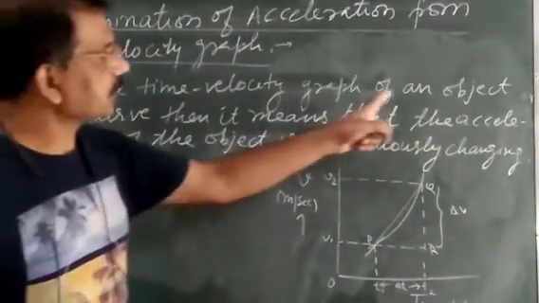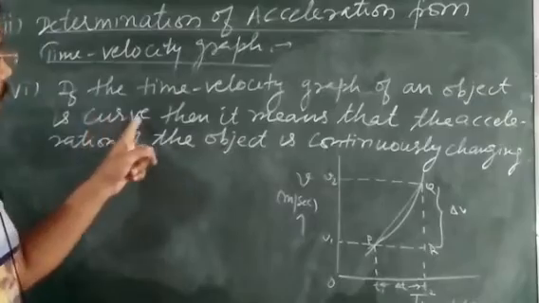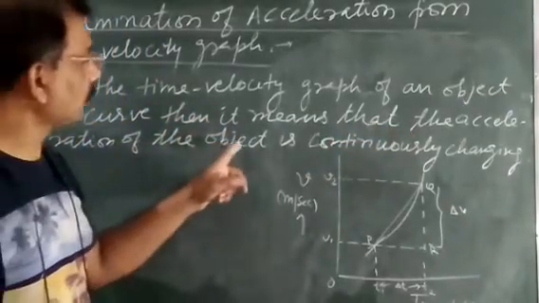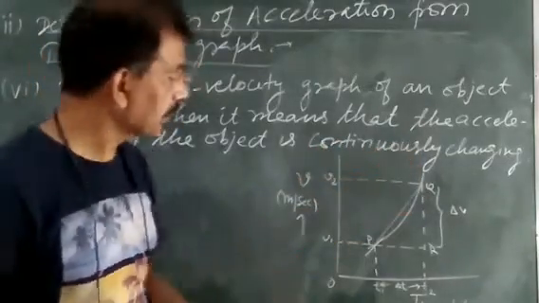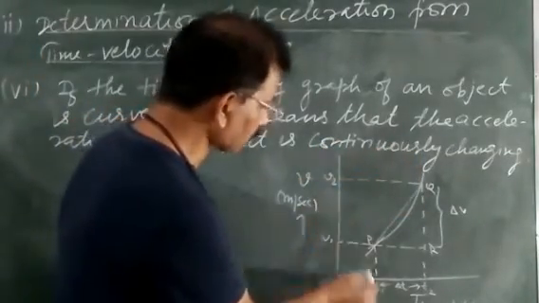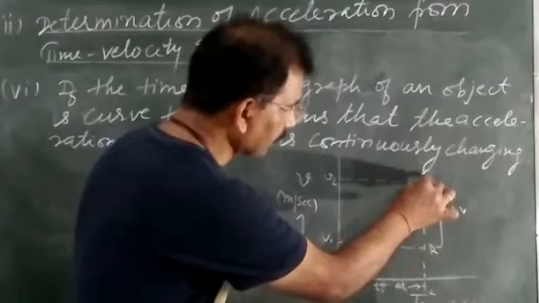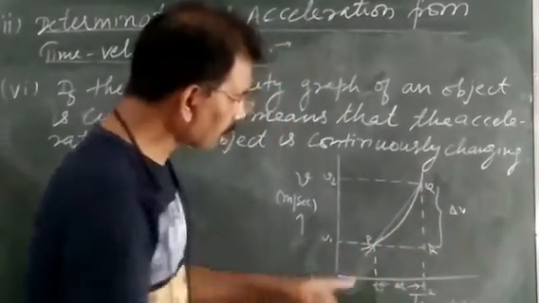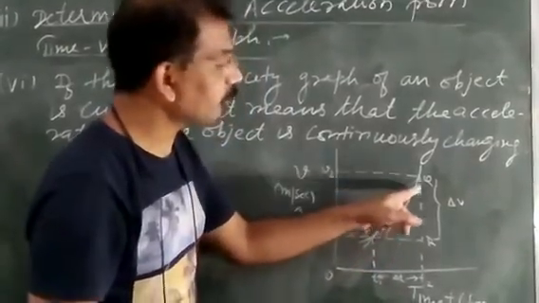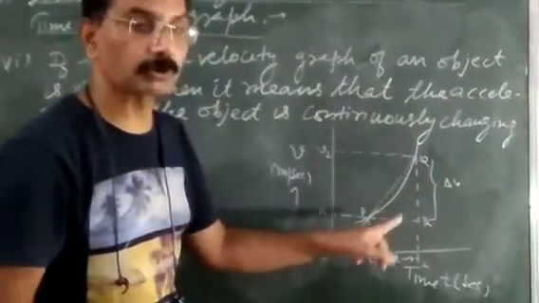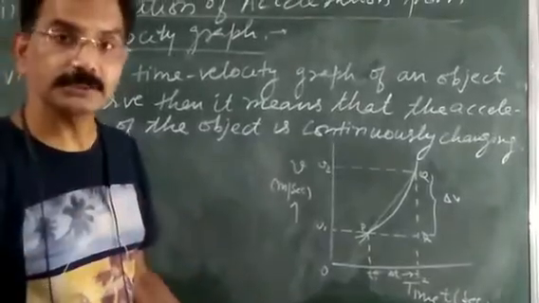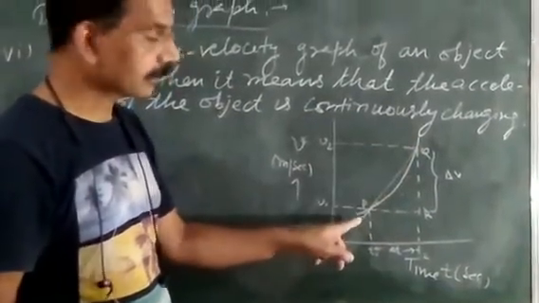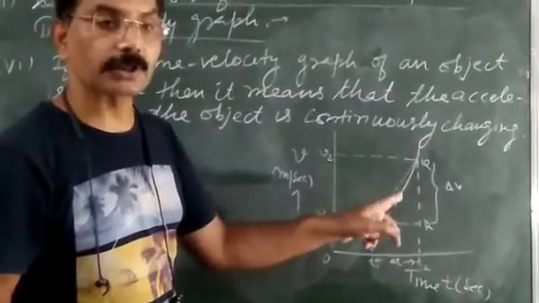And next point, if the time velocity graph of an object is curved then it means that the acceleration of the object is continuously changing। अगर velocity time velocity graph एक कर्व है, जैसे ये कर्व दिया है, इसका मतलब इस कर्व के हर एक पॉइंट पे स्लोप चेंज होगा, और अगर स्लोप चेंज होगा तो इसका मतलब उसका एक्सेलरेशन भी क्या होगा? चेंज होगा। इट मींस इफ द टाइम वेलोसिटी ग्राफ इज ए कर्व देन its slope or you can say its